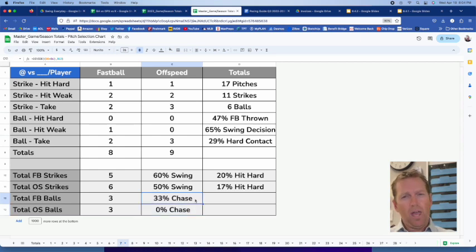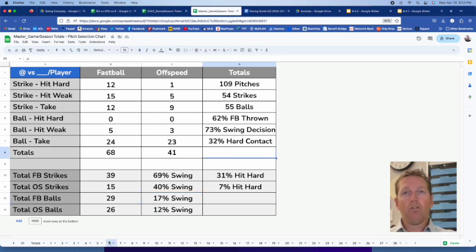So in an individual game, these numbers aren't super effective. Sometimes yes, sometimes no, but they are more valuable over time. So this is a look at an individual game, 109 pitches, and it gives you better information over time. So we swing at 69% of fastball strikes, hit 31% of them hard, swing at 40% of off-speed strikes, hit 7%